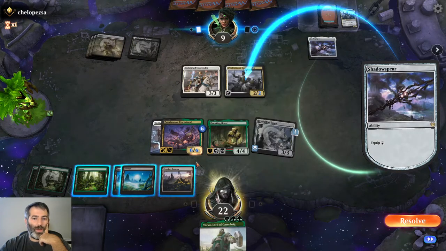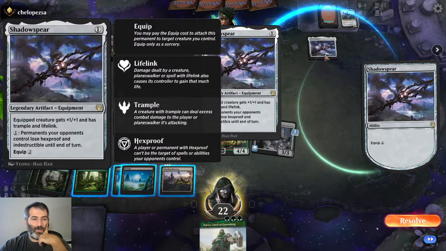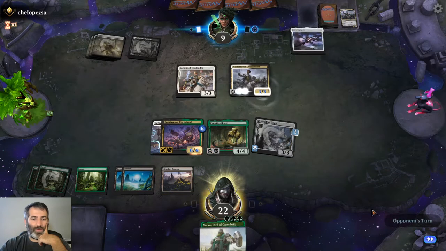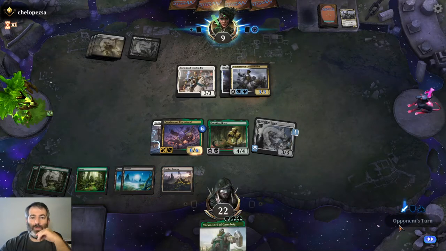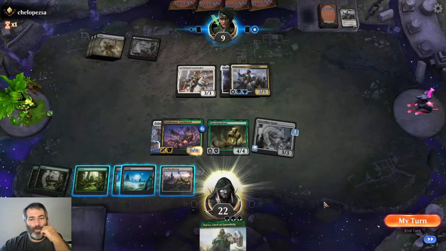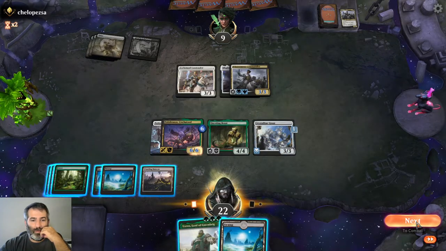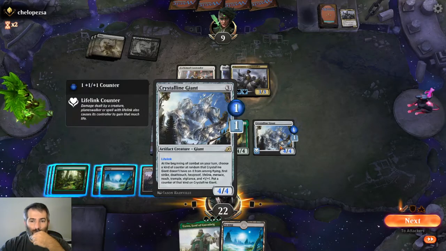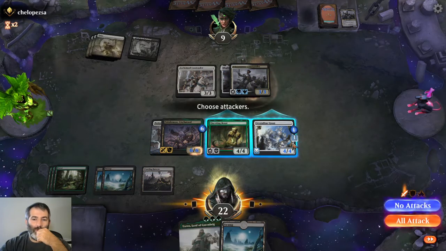Oh, wait. Why did my Scavenging Ooze die? Oh, that's because that guy has Death Touch and Lifelink. Okay. I should have ate another creature to gain the life. My bad. Come on, give this guy flying. Let's go to combat. Flying. You got a counter. So he's a 4/4 lifelinker. Well...